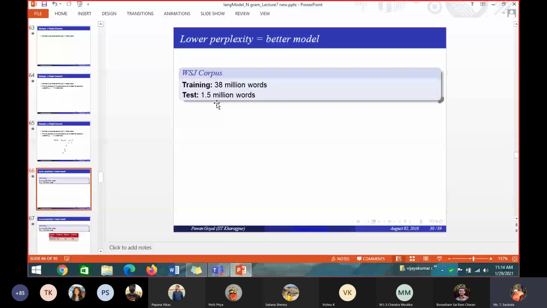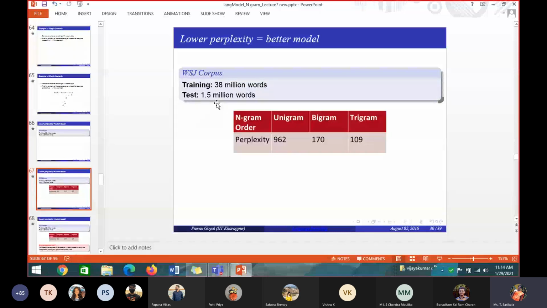In the unigram, they have not taken any words from the context to construct the language model. In the bigram, they have taken only one word from the context to find what the next word will be. In the trigram, they have taken two words from the corpus to find the next word. For a unigram, from the total number of words they are finding what will be the next word, and they are calculating the perplexity. The perplexity they calculated for the unigram model is 962.